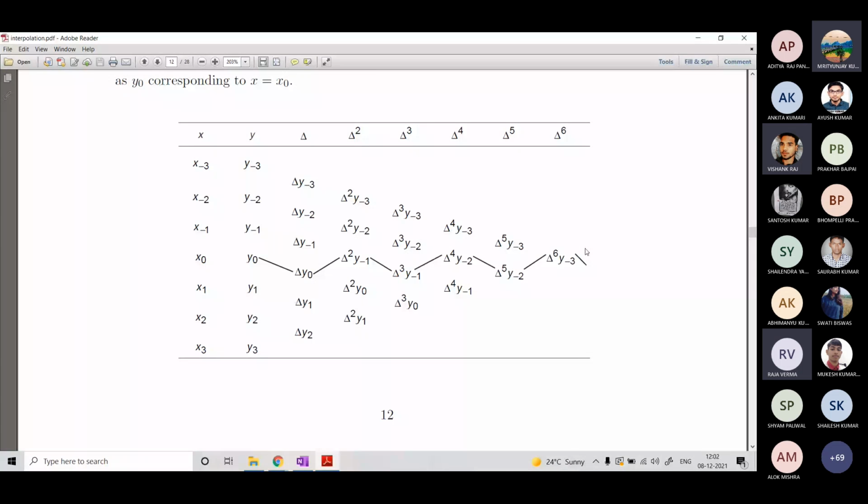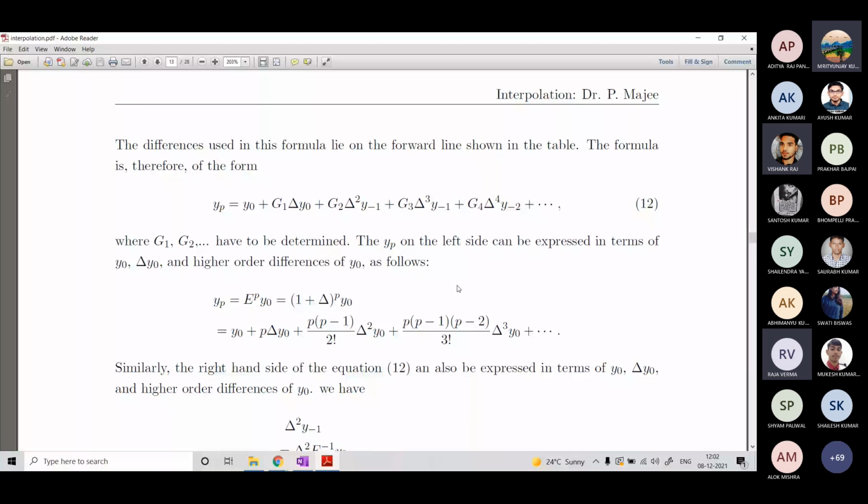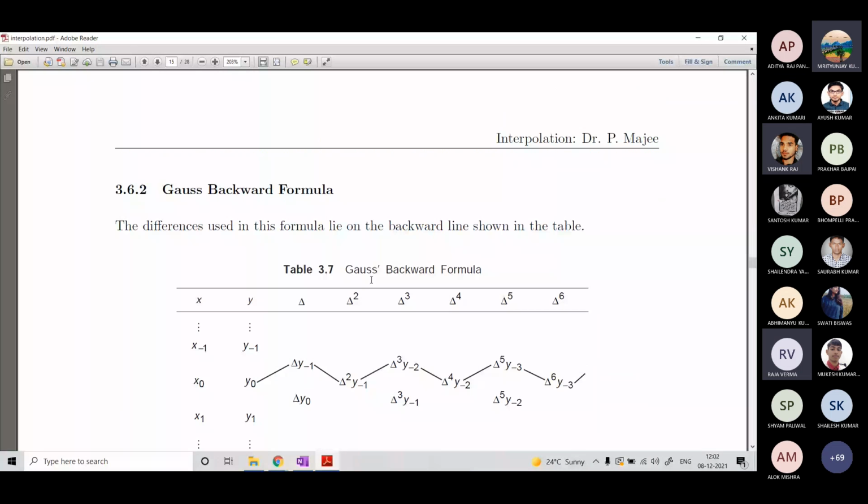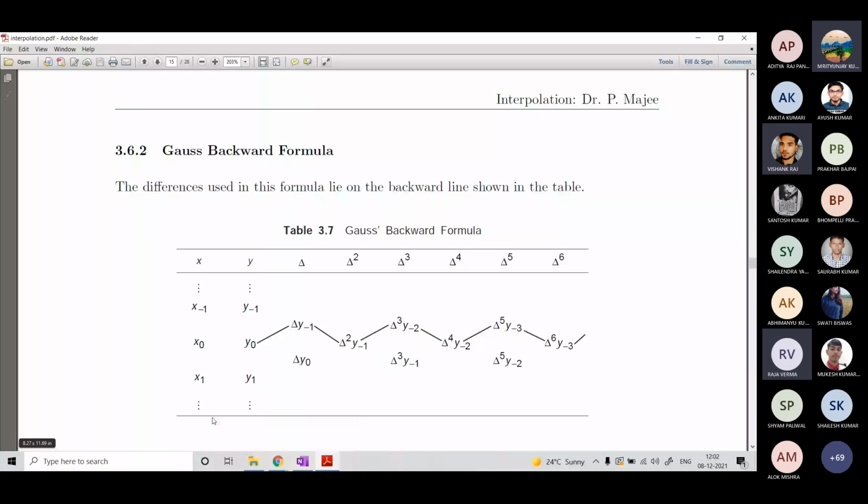Yes sir. Similarly, in Gauss backward formula, backward difference table will be created. Let me show you. So this is the same table. So here backward line will be considered, and linear combination of these values will be taken as output value. And in that linear combination, you will have to determine what are the constants. In linear combination, constants are used, right? What is the linear combination of x1, x2? That will be alpha 1 x1 plus alpha 2 x2. Alpha 1, alpha 2 are constants. So you have to determine these alpha 1, alpha 2. So if you are able to identify them, that will be the formula.